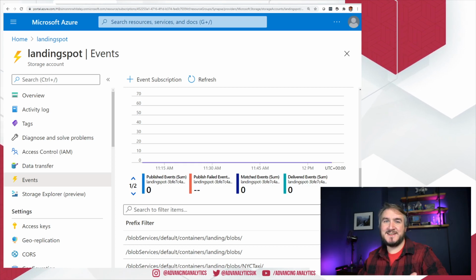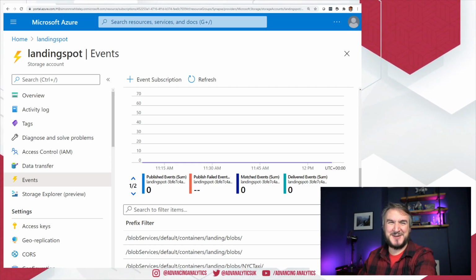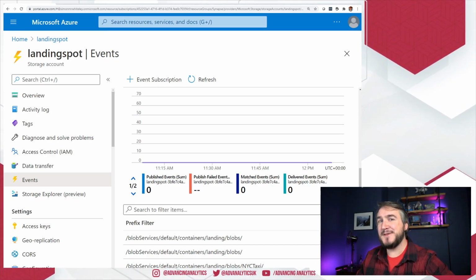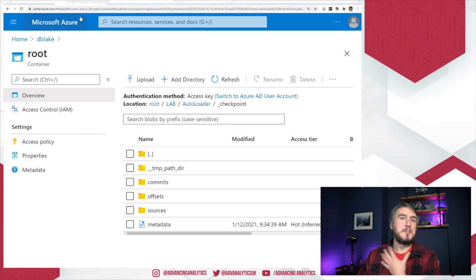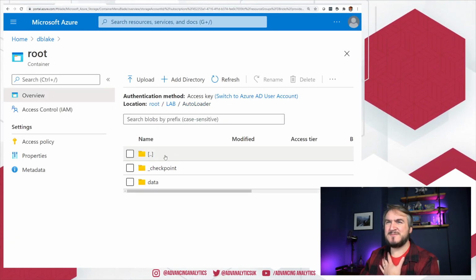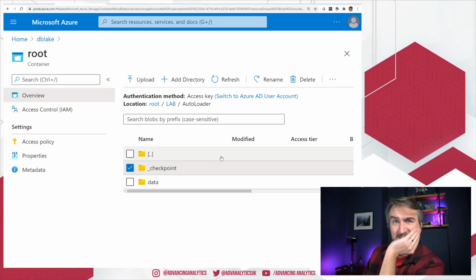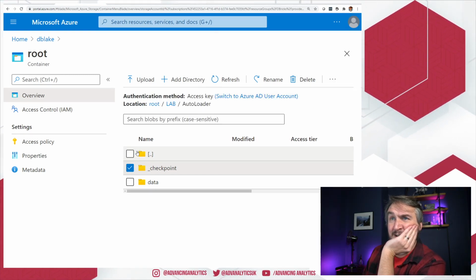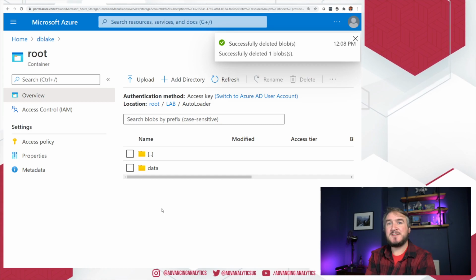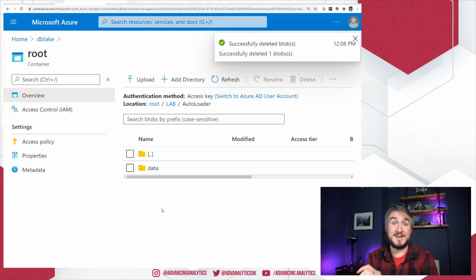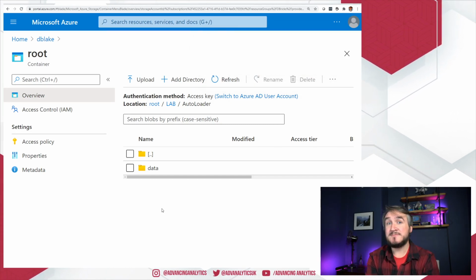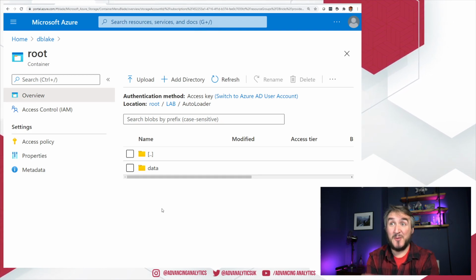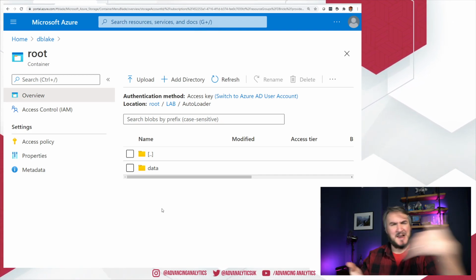You know, I'd have to delete it, reload it. Will that trigger it properly, or when it thinks it's read it? And it gets very, very confused. So naively in the past, I've gone in and went, well, you know what? I can just delete the checkpoint, and then that will get rid of the history of what files I've read. So next time I run my Autoloader job, going into that same directory, yeah, I'll have duplicates and I can